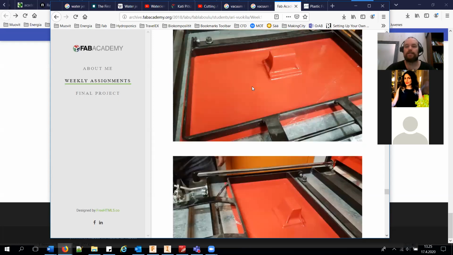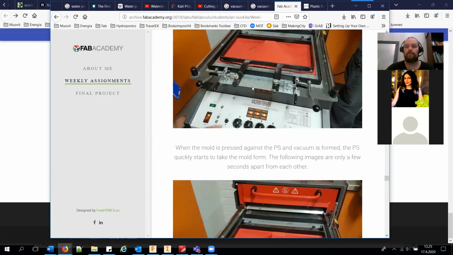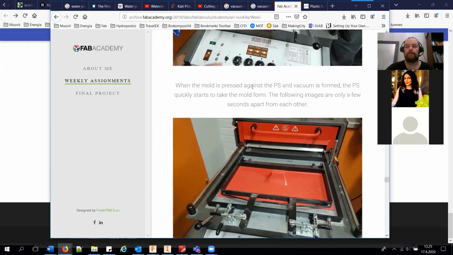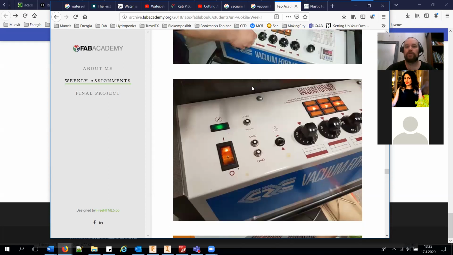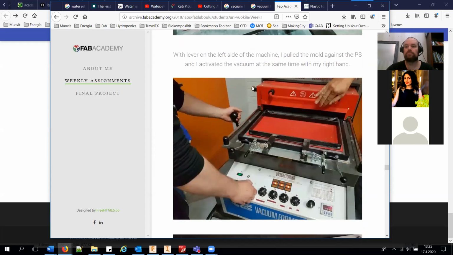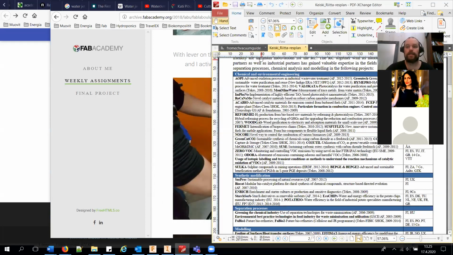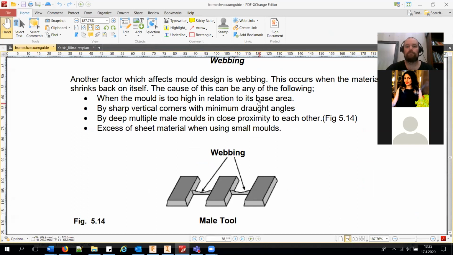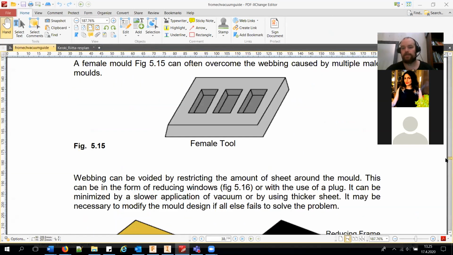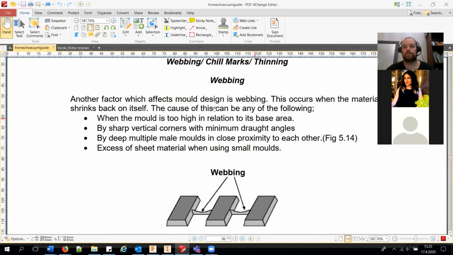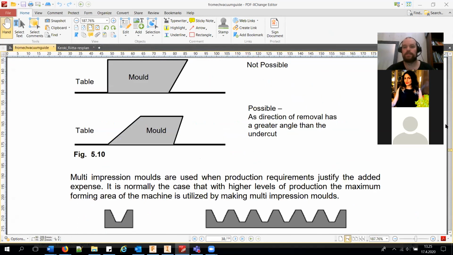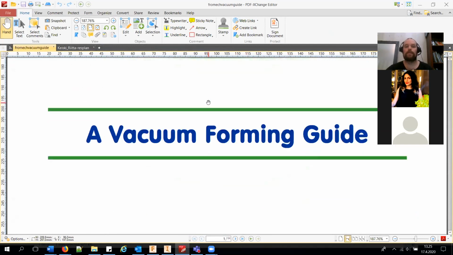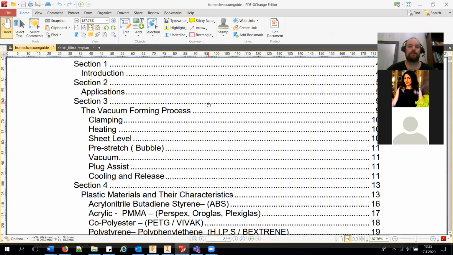You have to realize that this machine is not really big, so you cannot create anything extremely big, but some small pieces easily. And if you are interested in this process, there is this excellent guide, this Formech vacuum guide, and basically you can also see what's causing webbing in your pieces, and there is all the information you can possibly need in